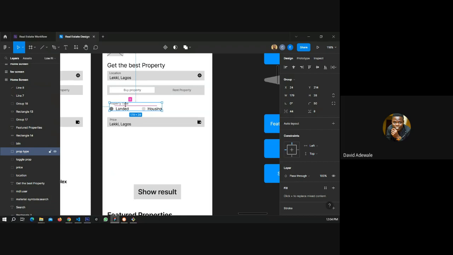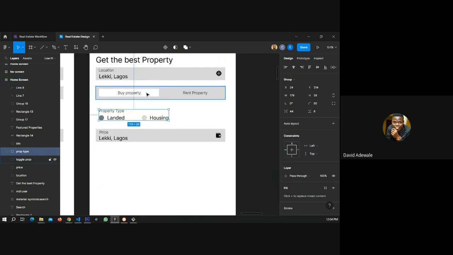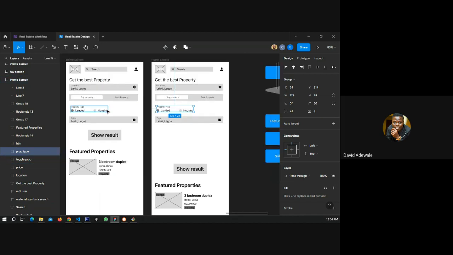In fact, this property type is supposed to be at the top, but no problem, it's still okay. Then we have rent or buy. I've done the buy, but I'm not done with the buy. The buy I did is only for landed property. So housing is what you are going to do next.